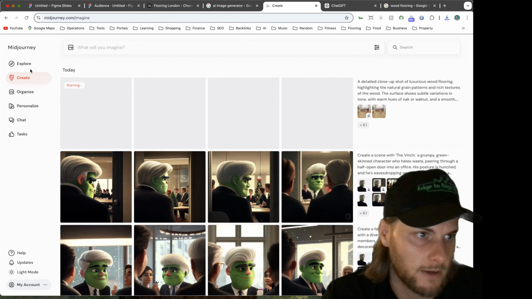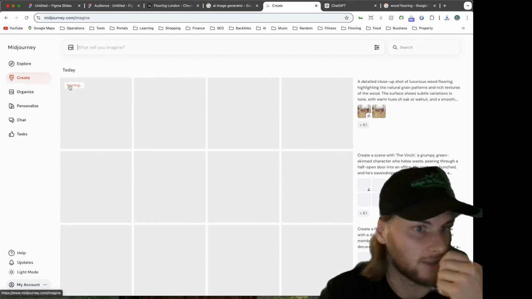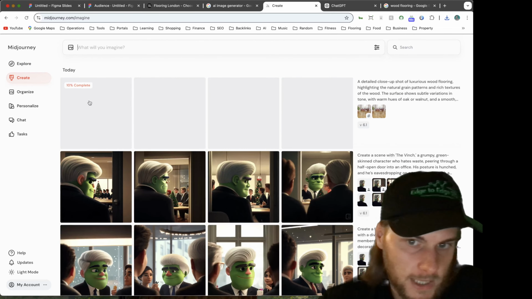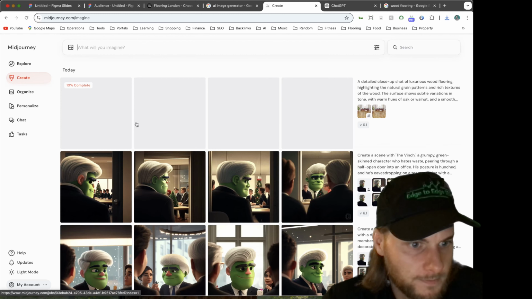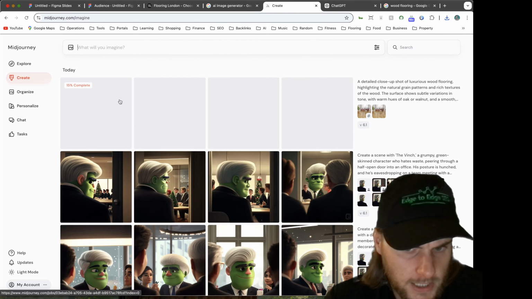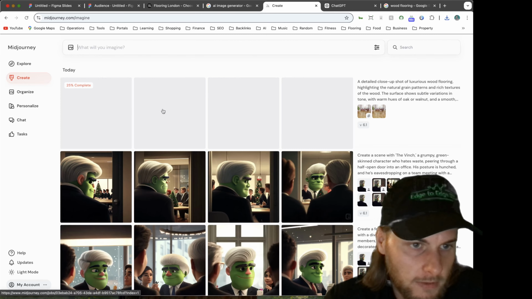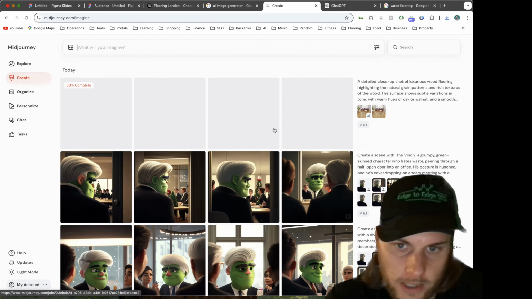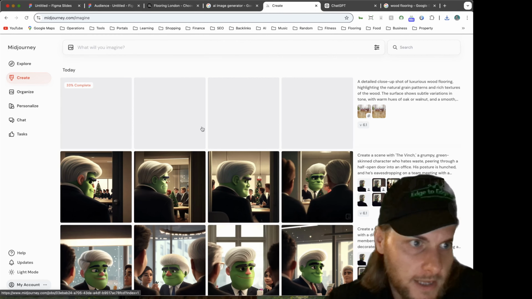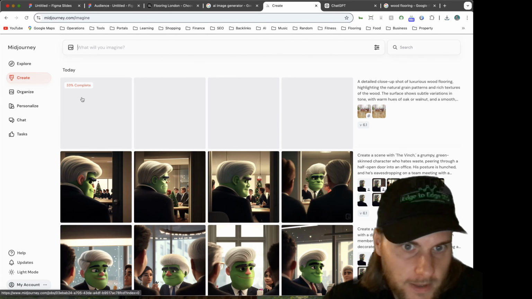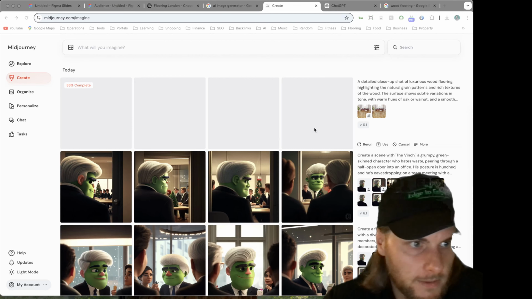And then we go to, oh no, so you can see that it's running now, so it's at 10%. So wait for that to work. This will only take a few seconds, in fact. And then what it does, it will generate 4 different versions for you, and then you pick the best version, and then you can develop that version even further if you needed to. But you'll see, hopefully, anyway, this better be a good demonstration. Otherwise,